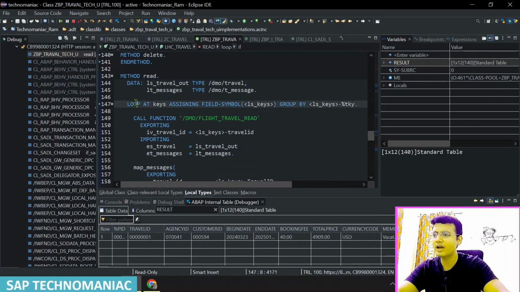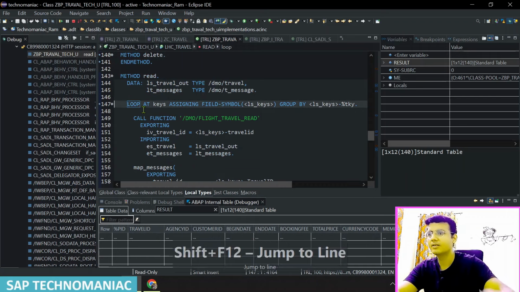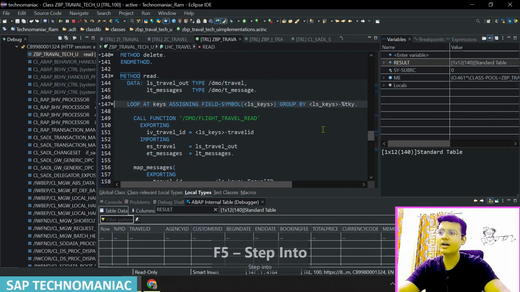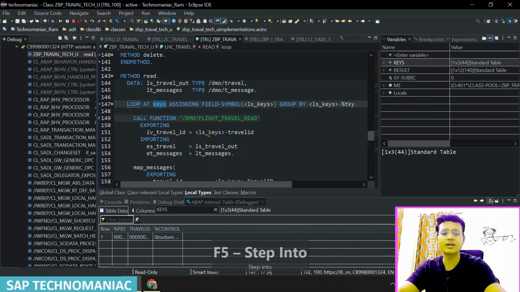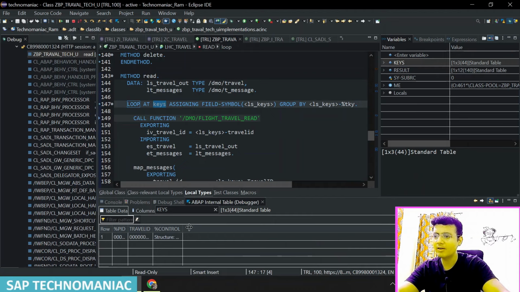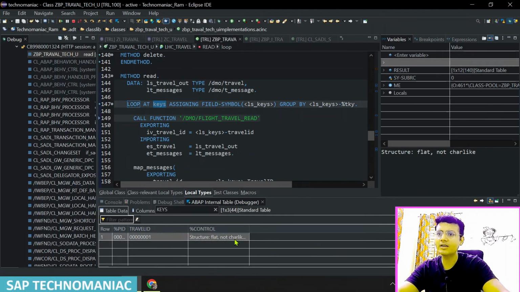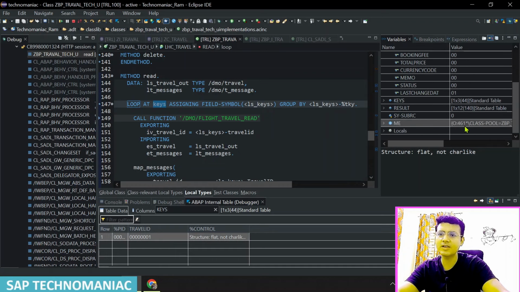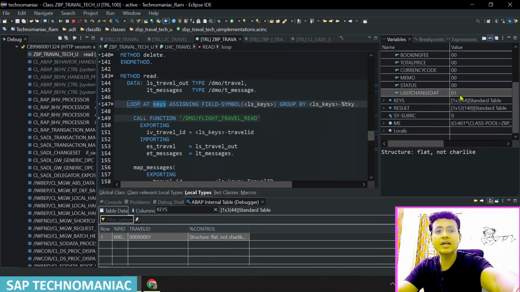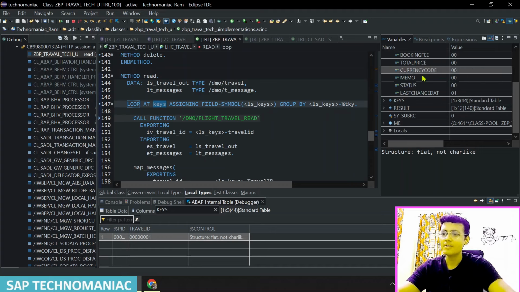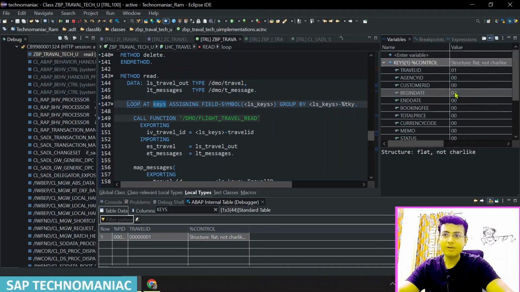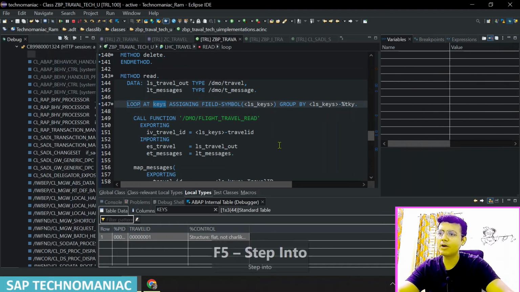Let me put breakpoint again here. Let me do Shift F12. Let me do F5 again. If you see the keys, only the key value will be there. Travel ID is there and control structure is there. But if you open the control structure, only one field is there in control structure, the travel ID 01. Other fields, or last change is 8 also, it got changed because we are doing the ETag, that is the reason. The last change 8 field also there. So let me do F5, and